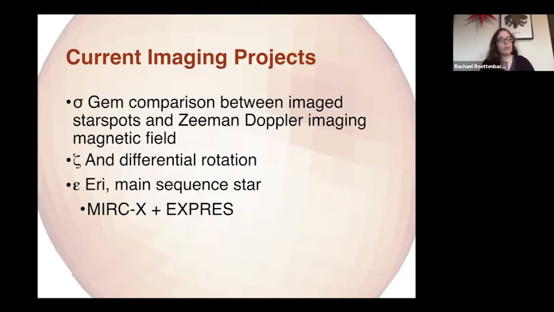And we have a data set from November where we see that at one point in time, the interferometry doesn't show any indication of spots. And we have spectra from that night. And then a few days later, we do have indication of spots in the interferometry. So we believe that we should be able to get an idea of what